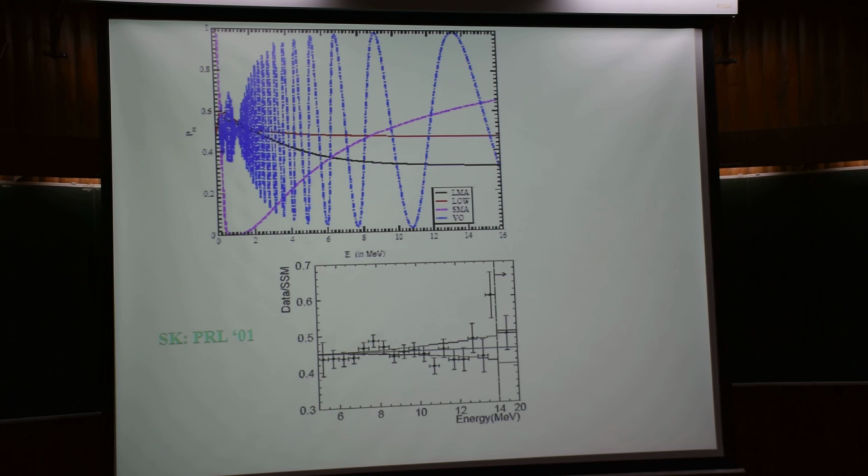Measuring the energy dependence is important, and so those are ruled out. The LOW solution has survived because, if you remember, there was a 20% uncertainty in Bahcall's estimate of the boron neutrino flux. So the low energy